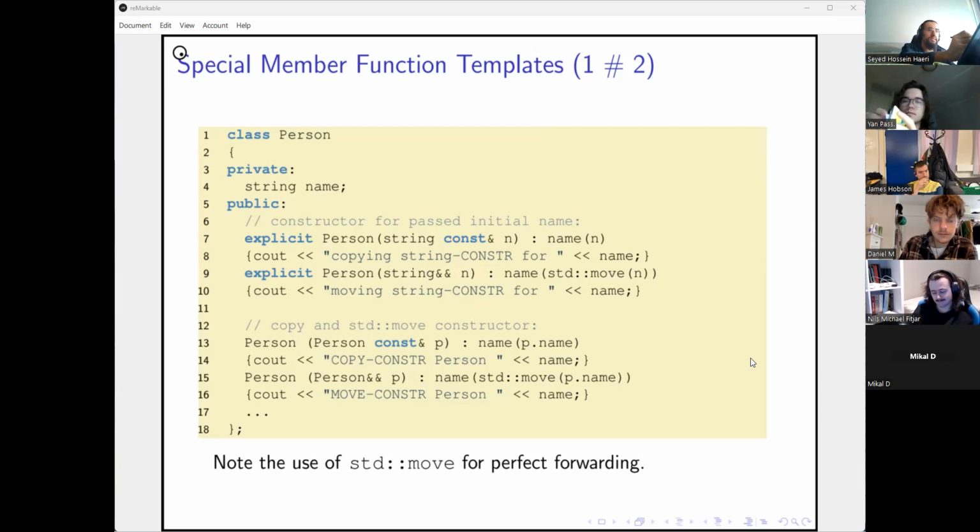For example, it's more clear here that this is a reference to a constant string, because you read it from right to left. Whereas I would usually write this as const string reference. This is a matter of preference, and I can definitely buy the idea that what is on line 7 is more readable because it's consistent.